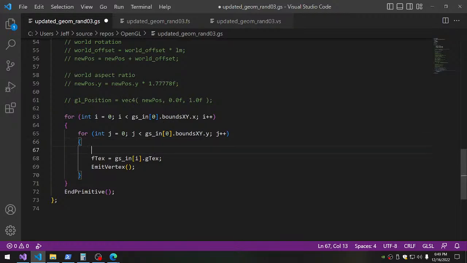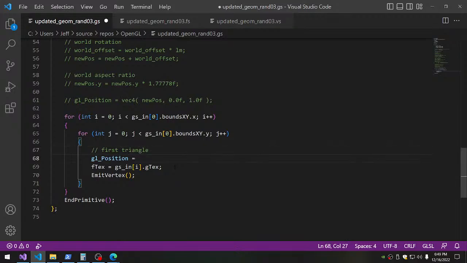Okay, so what do we need for each one of these? We definitely need a GL position, and that's going to equal, for each of these, 6x6. What we want to do is emit 3 vertices, and that's the triangle. So let's go like this. First triangle. So the position is going to equal